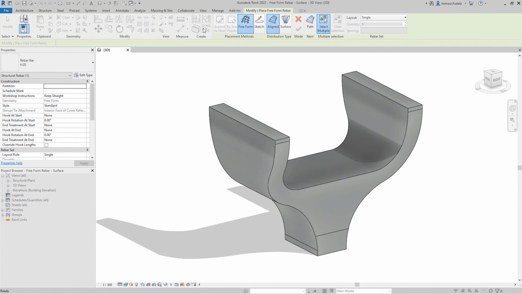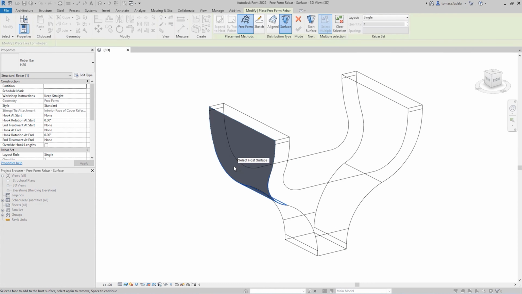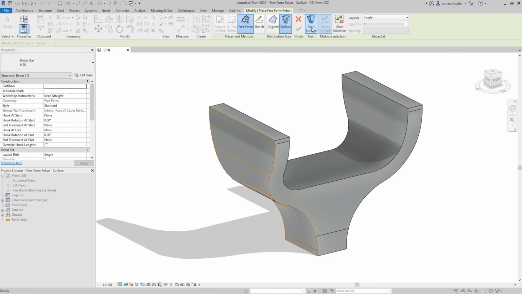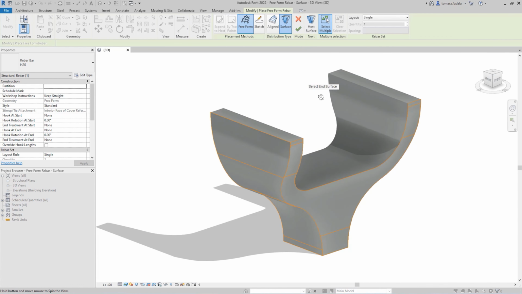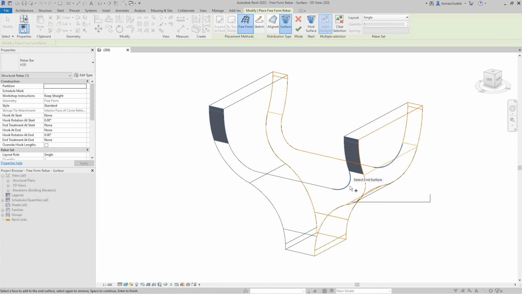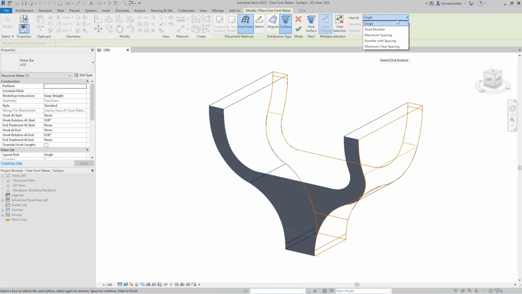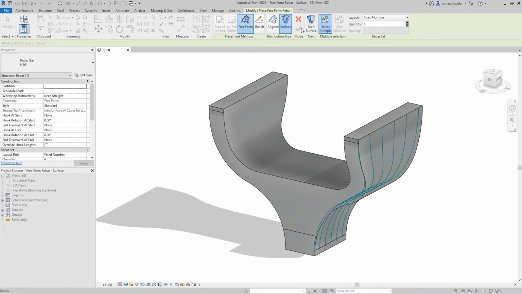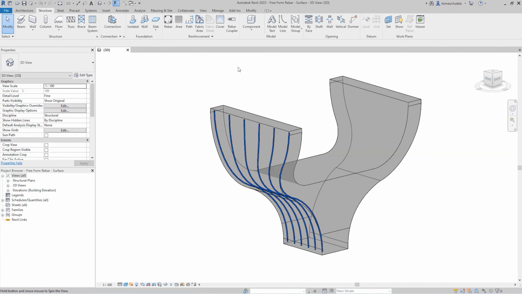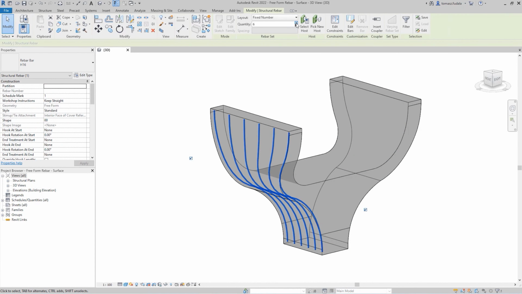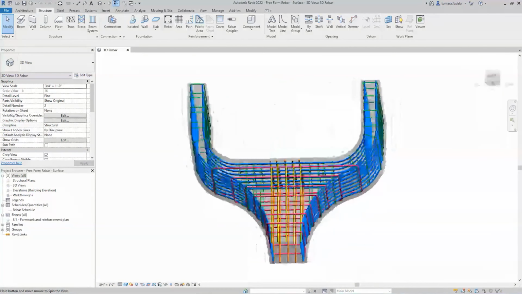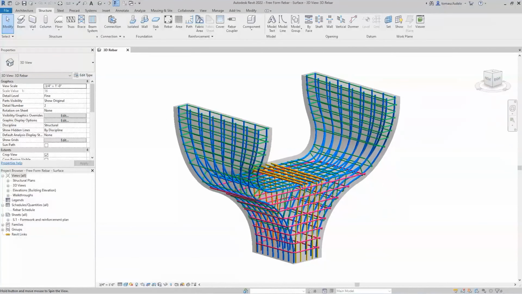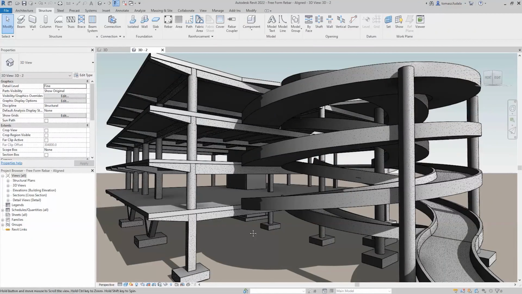Surface distribution of freeform rebar populates the surfaces of irregular shaped hosts with variable non-planar distribution. The bars are created by interpolating between the first and last bars of a surface distribution set. Like shape-driven rebar, freeform rebar falls under the structural rebar category and contains the typical properties for this category. You can set the layout options for the set, the rebar type defining the diameter and bending radii, add hooks, and extract fabrication data. Numbering is performed automatically.